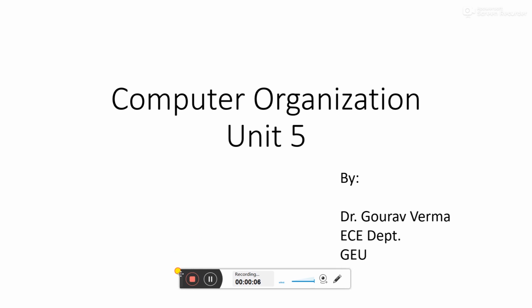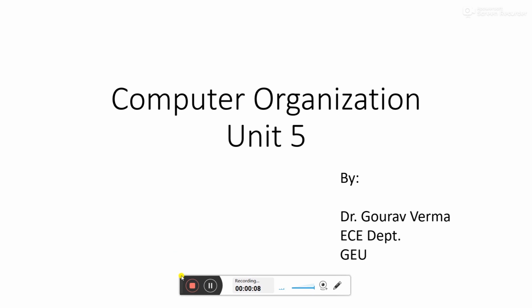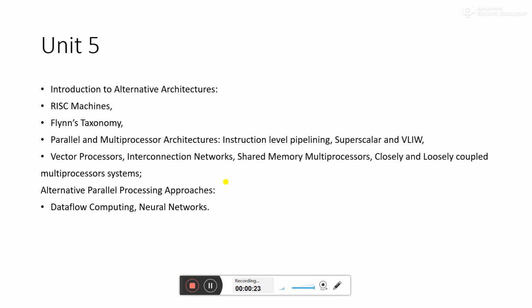In unit 4 we have already studied memory concepts, and now we will study some alternate architectures of the computer. Here we will learn how things are defined in different types of machines. Whenever we require different types of computing techniques, we need different architectures, and for these different architectures we have to define them in categories. So we will discuss some other types of architectures and computing techniques.